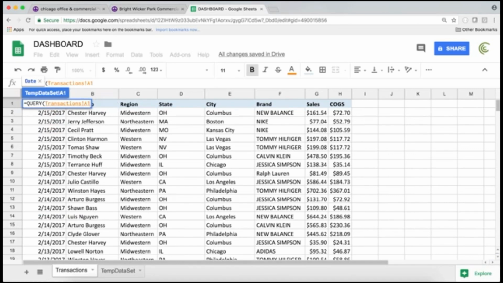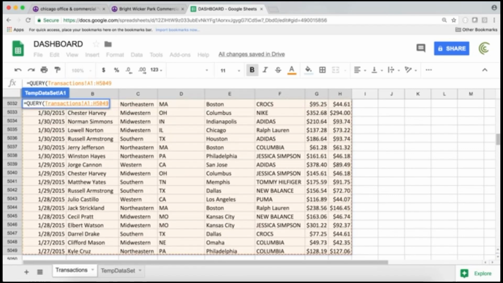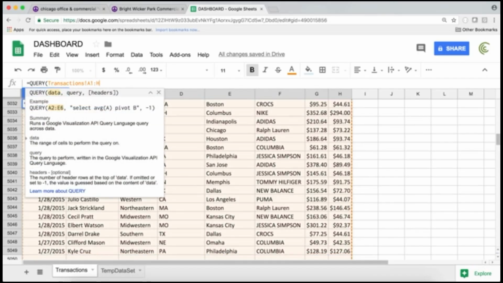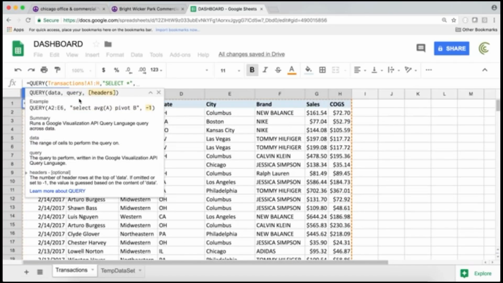So I'll go in the corner, Control Shift, right down to highlight my data. I will remove the reference to the end row so that new rows are automatically added to our results. I'm going to do comma, and the query is going to be very simple. I'm simply going to do select star, which means select all columns, and comma. And in this particular data set, we have one row as headers. So 1,